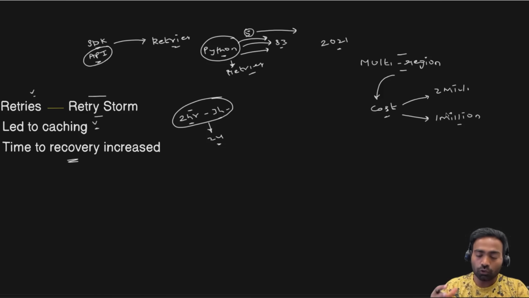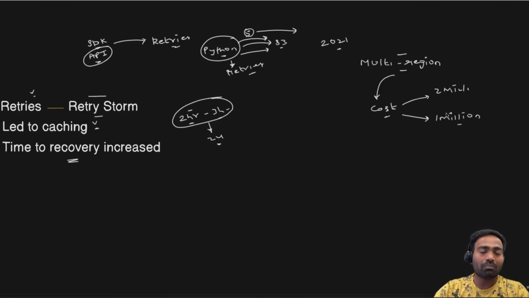So make sure you consider cost, make sure you consider customer satisfaction. Because of these region level outages, customer satisfaction usually does not go down because your customers know it's a complete AWS outage. It is not an issue from your end. So your customer satisfaction index might not come down. So just because of this global outage, if you're thinking of multi-region architecture, I would say you should not